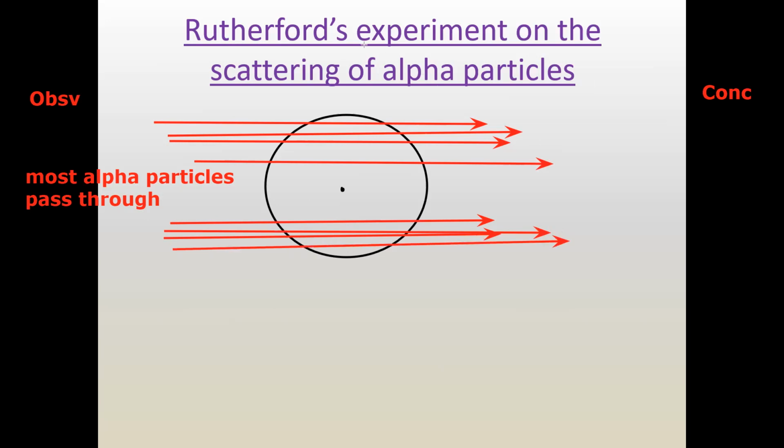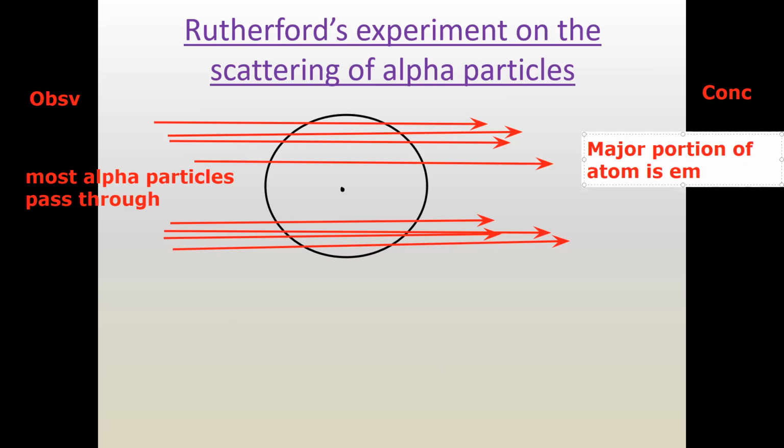he said that a major portion of the atom is empty. That's why most of the radiation, most of the alpha particles, are able to pass through, because if nothing is there to stop them, that's why they are able to penetrate or pass through. So a major portion of the atom is empty,